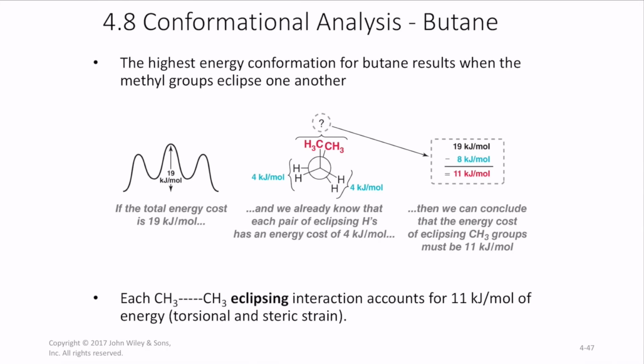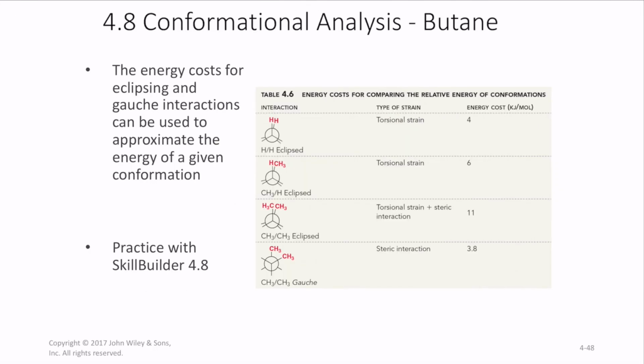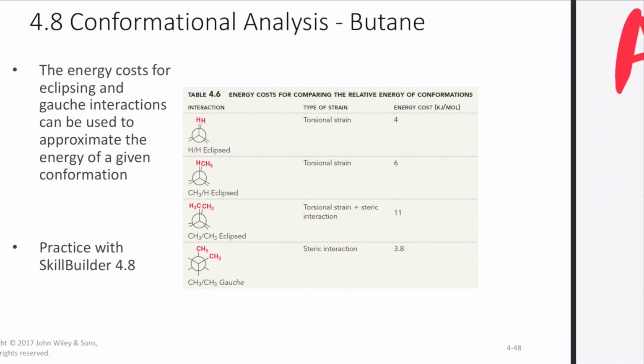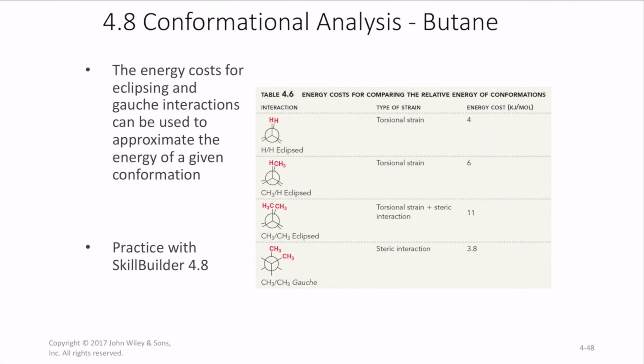So the structure with the least amount of energy is the anti-conformation. The amount of extra energy that you will have when you have a gauche conformation is about